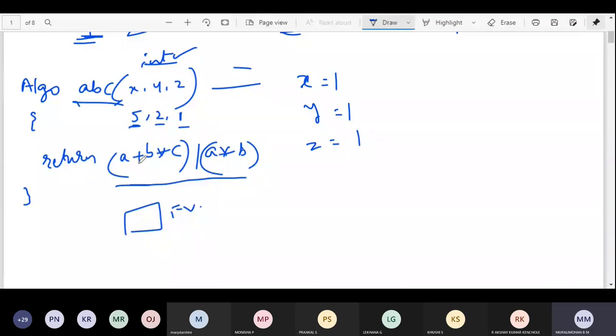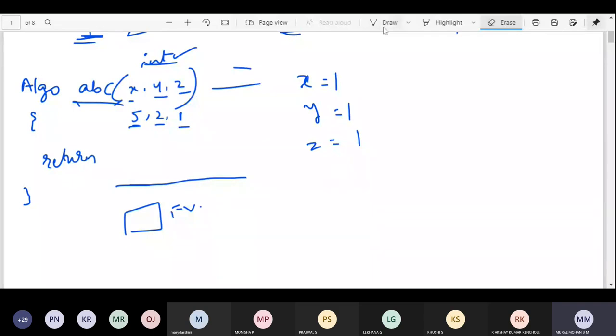Does it execute? Here we are having variables x, y, and z, but here we are using variables a, b, c. How does it work? No, right? So what should we use here?